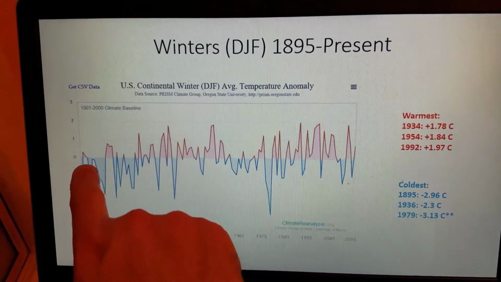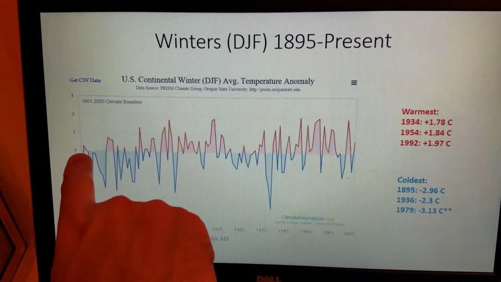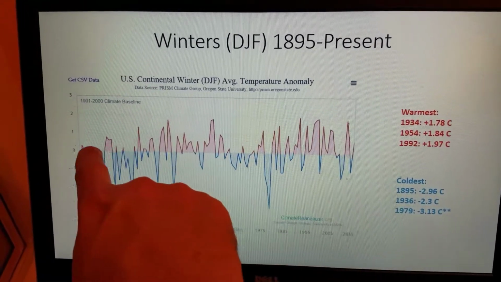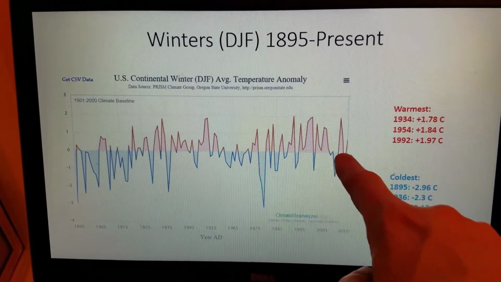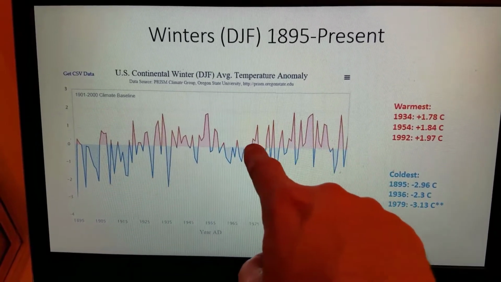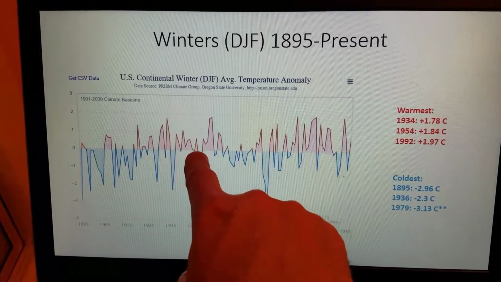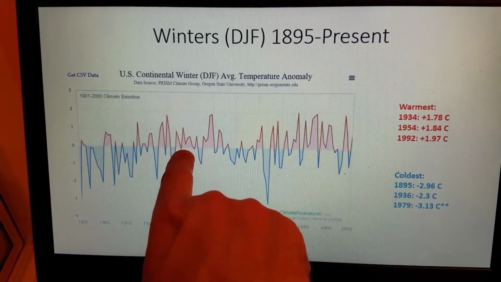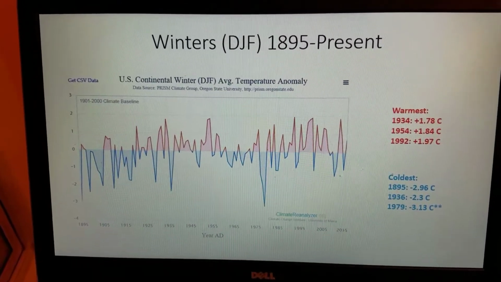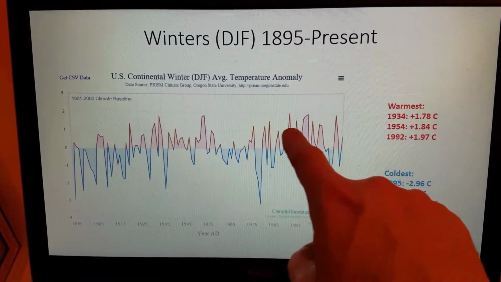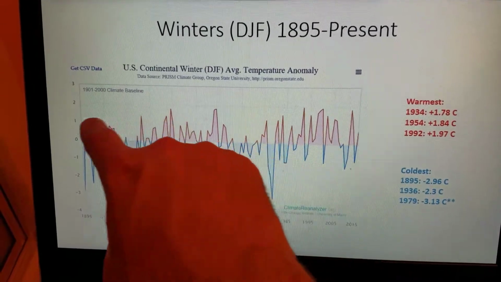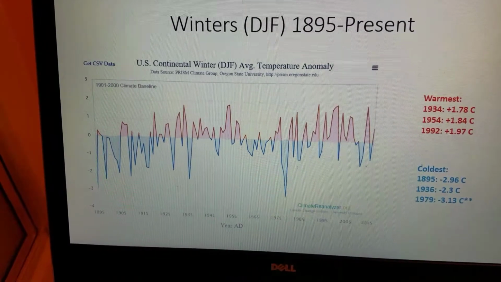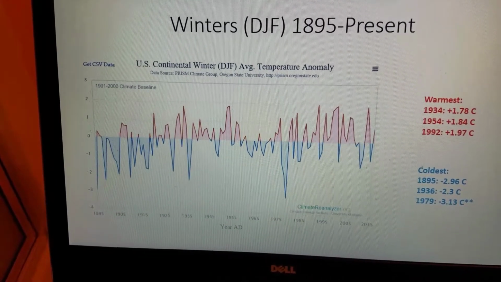What I'm showing you here on this graphic is the zero line, if you go horizontally across. That generally represents a normal temperature range. So basically there are no departures from normal if these little areas, for example, that little spike, this one as well, fall right on the zero line. Now, all the red areas show you warmer than normal conditions. And on the scale here on the left, I have the degrees Celsius.